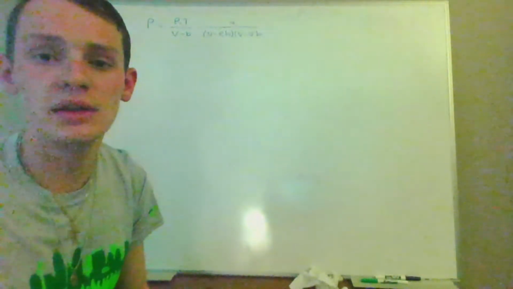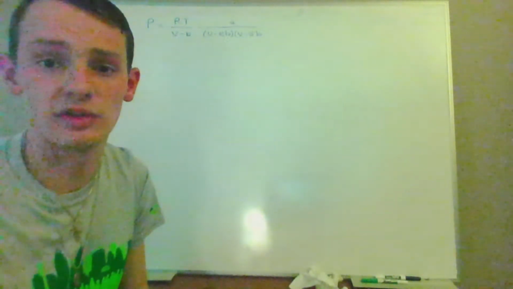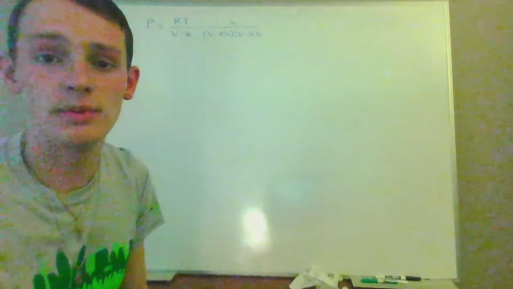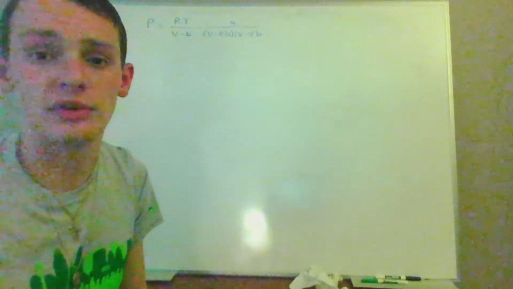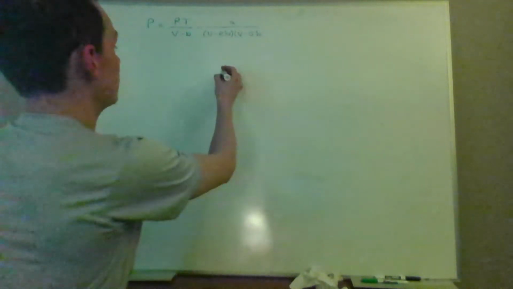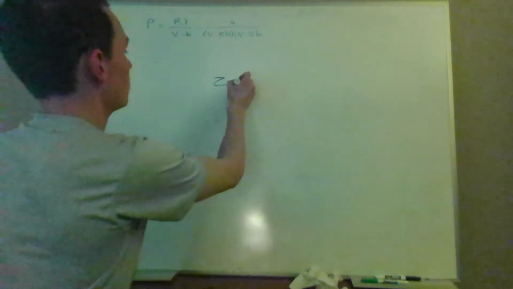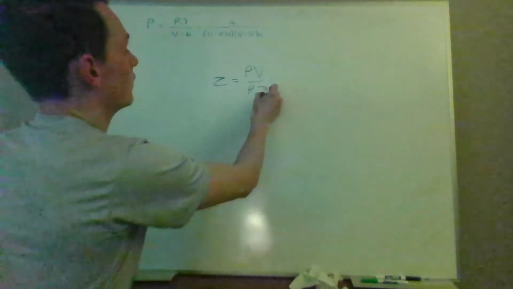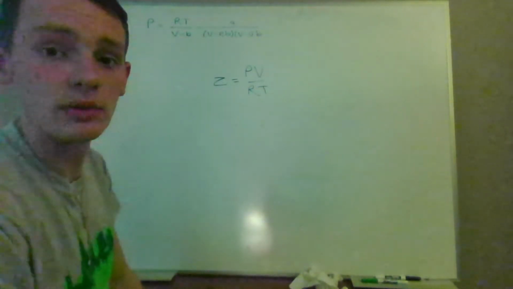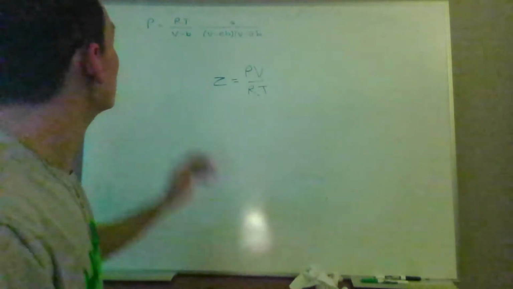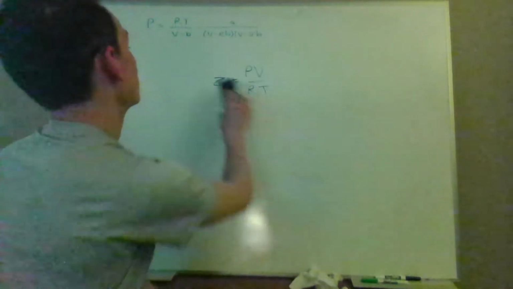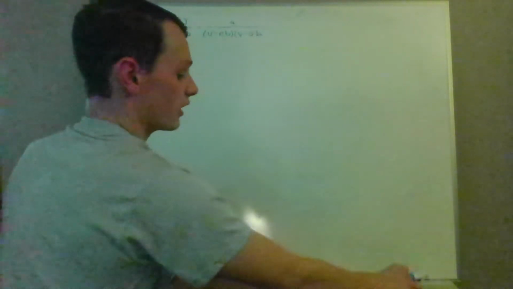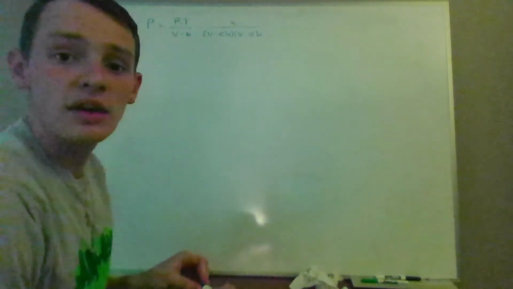In this video, we're going to use the generic cubic equation of state and derive a cubic polynomial for the compressibility factor z. The compressibility factor is PV over RT, where V is the specific volume. So, with the generic cubic equation of state on the board here that we're starting with,